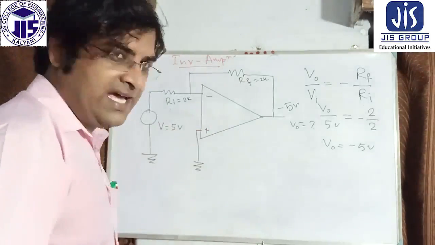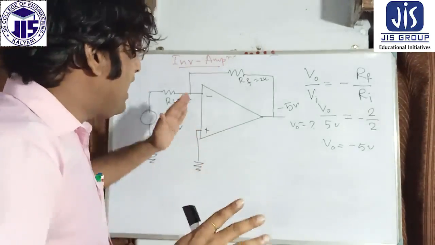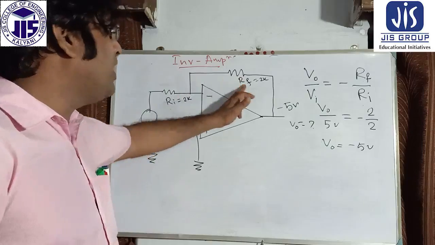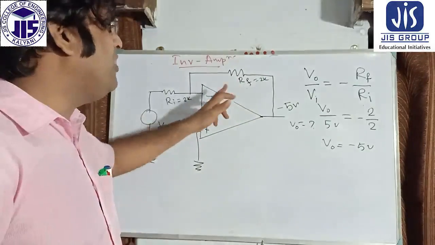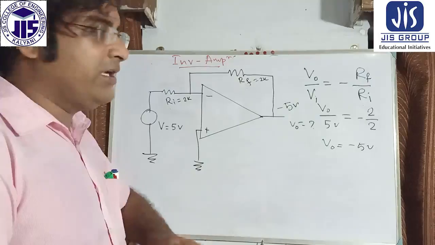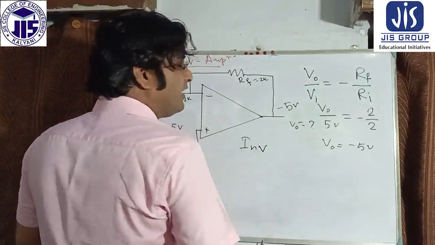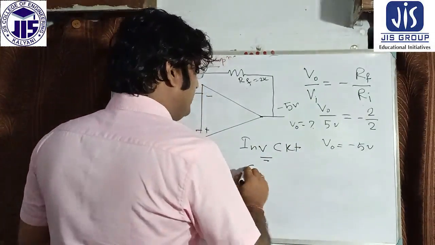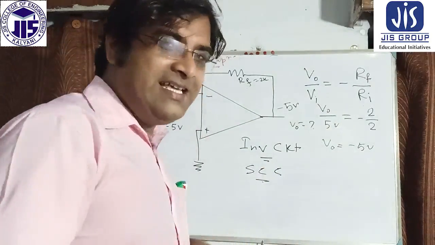It only changes the sign. It's only an inverter. It works as an inverter. There is no amplification. Because of these particular resistances, we are not changing the value of the voltage. Whatever input voltage I am introducing, that value is coming out. So for that reason, we can say it is a simple inverter circuit, or simple sign changer circuit.